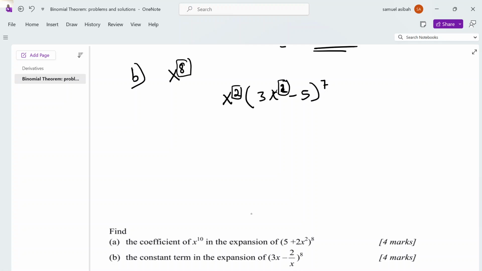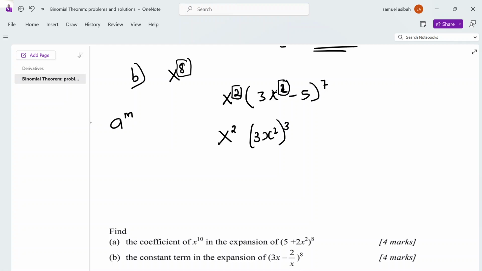So what are you going to multiply here to get 6? So we are still going back to what we had before. Okay? In other words, because already we have x raised to 2, what are we going to add to get 8? So we have to make sure that 3x raised to 2 also has to be raised to 6. You know, this 2 times 3 is 6, so 6 plus 2, then you get 8, because that is the